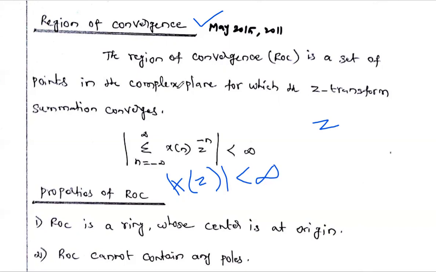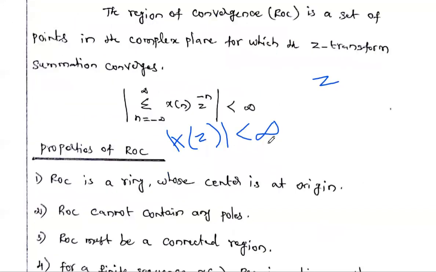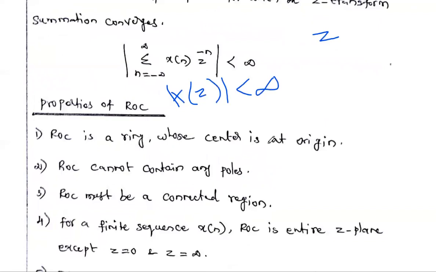And the next one is for each problem in the Z transform. In the Laplace transform, for each problem, for example find the Laplace transform of u of t, we calculated the Laplace transform answer and we also found the ROC. Similarly in the Z transform, we have to find the Z transform, and for each signal we have to find the ROC. By default we have to find the ROC. Sometimes the question may mention find the ROC.